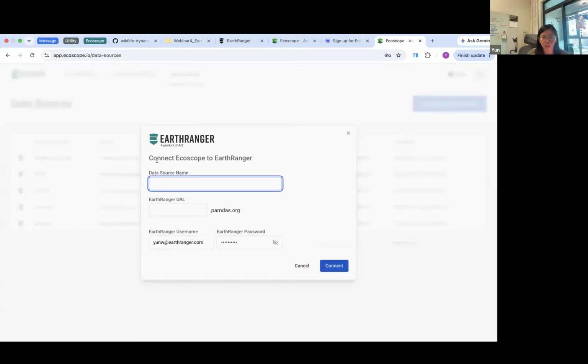pop-up window to connect Ecoscope to EarthRanger. So you can give this data source a name. In this example, we use this EarthAsia site, so you can just put EarthAsia there. If you have multiple accounts and things like that, it's also recommended to have your account name here. If you only have one account, then you just put the site name as the data source name. And the EarthRanger site would be